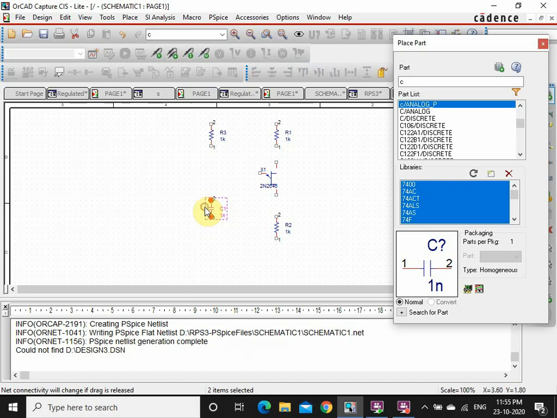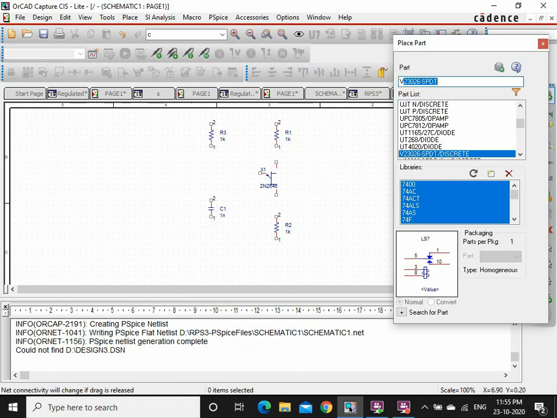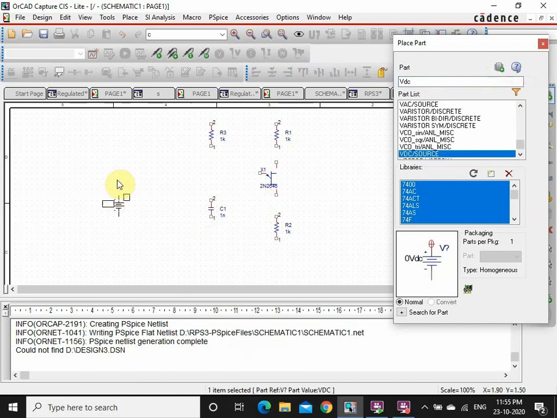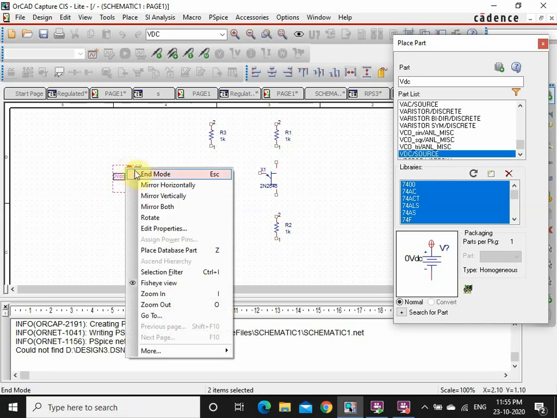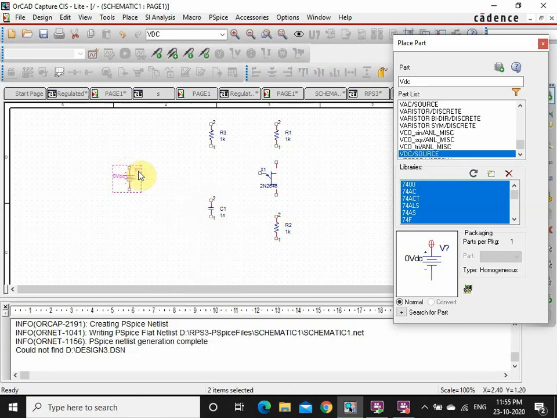Now we have placed the capacitance. Next, we need your DC voltage. So VDC. We have taken that VDC voltage, we are going to place it here. Once I place it, press N mode. After that, I have to do the necessary connections there.